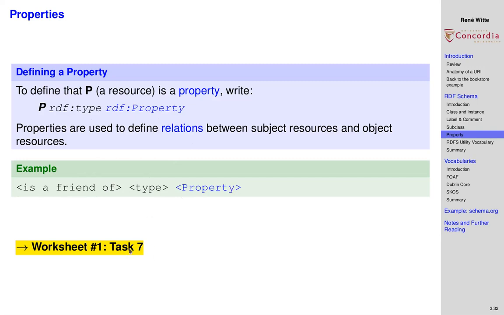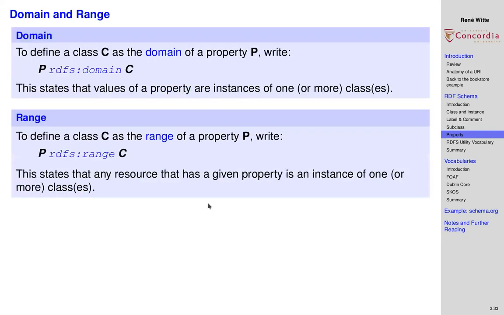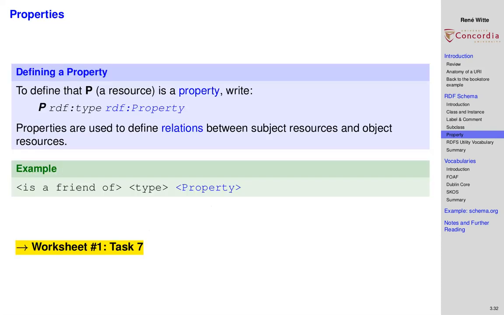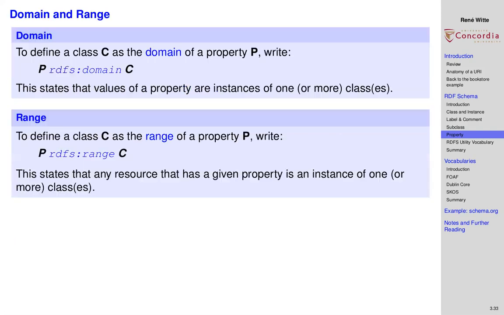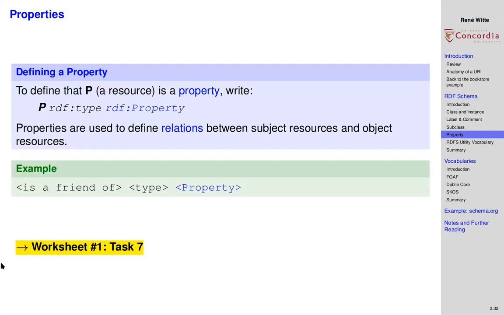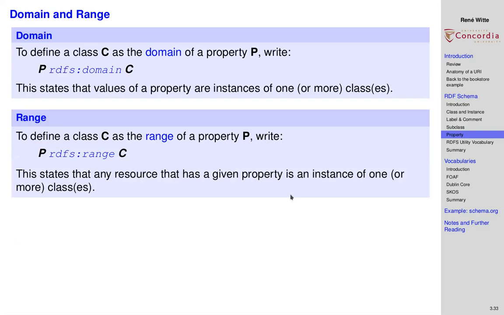There is an exercise, but just like before I interrupt, we're going to do an additional exercise right after. So if you like, do a quick pause, do the exercise here on properties, and I'll talk about the next exercise, which comes right after. So the first step was defining a property, like is a friend of, or studies at. And now